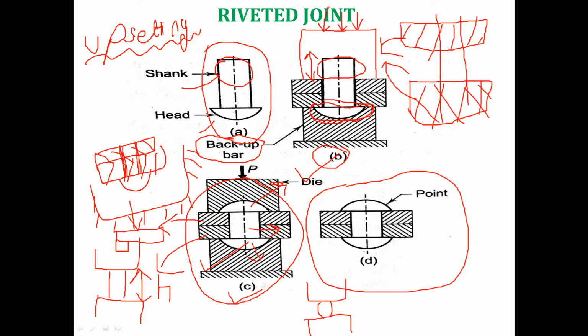We have used a single rivet to join metallic part A with metallic part B, so I will call it a single riveted joint. So this is the entire mechanism of a rivet joint. What is a rivet? What are the different parts of a rivet? How is a rivet joint used to join any two mechanical parts? This is the entire scenario.